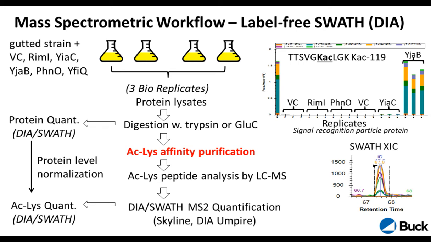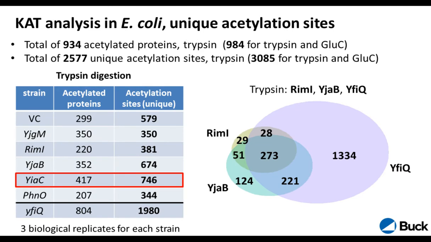We would do the quantification based on fragment ions. These here are peak area plots. And you can see, for example, for this particular peptide shown here on a protein called signal recognition particle protein, some of these acetyltransferase candidates would show a really high increase in acetylation levels and others not at all. So there was some exciting specificity that we could see here.